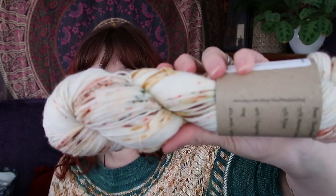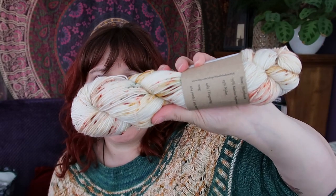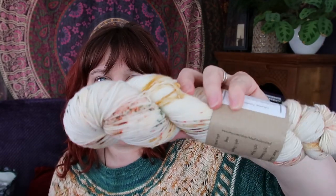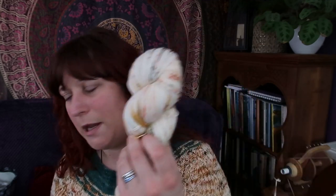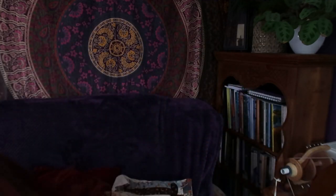I'm going to be listing some more of my pumpkin picking, which is the yarn I used in the yoke here. This is slightly more speckled because this is an older version. There's less speckles in this one. Each batch is different, so I list them separately anyway. And so there's this one which has got the orange, gold and green speckles, and